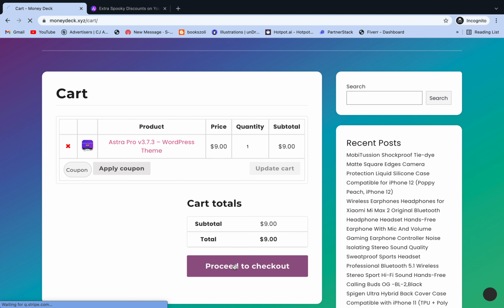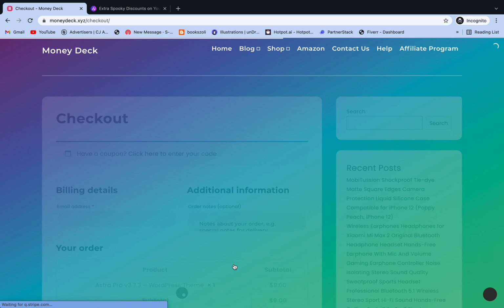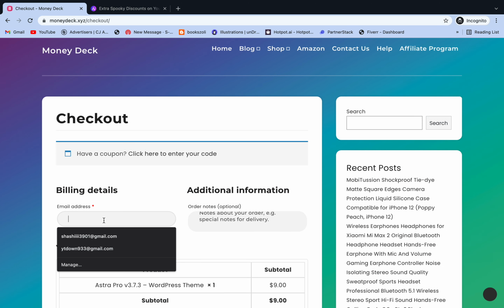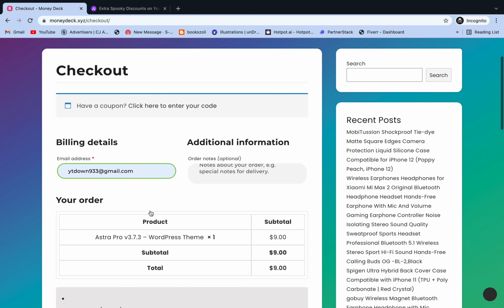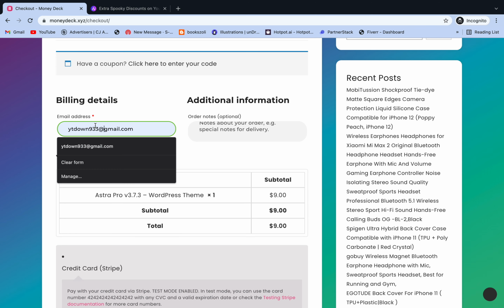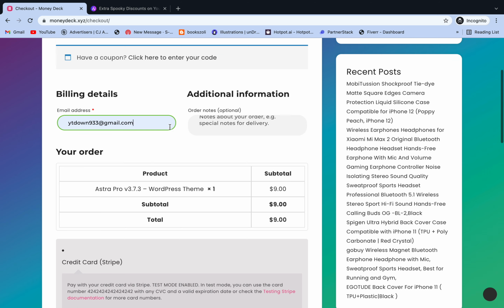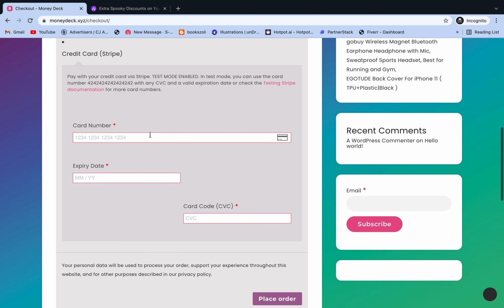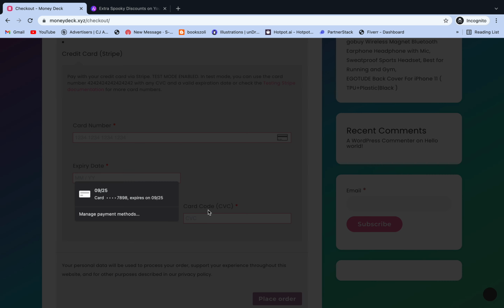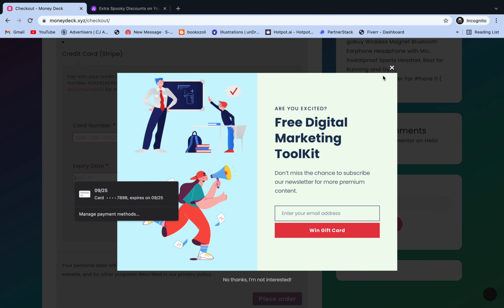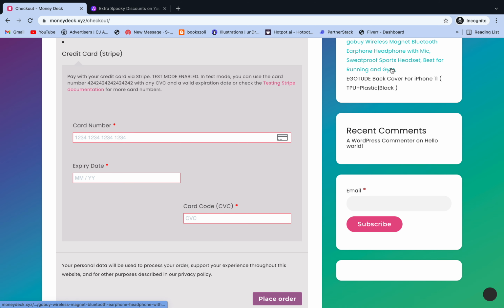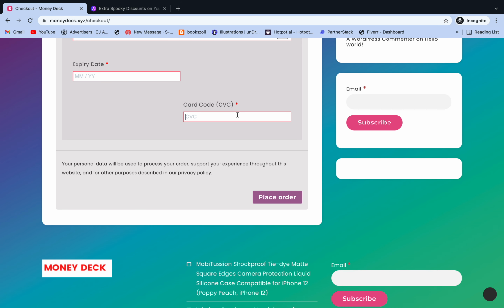And just click on proceed to checkout, and then you have to enter your payment details. Just enter your email address. I will enter my email address here. Don't worry, it's just a dummy email. And enter your card number, your expiry, your CVV. If you haven't subscribed to the newsletter, then go subscribe to it.